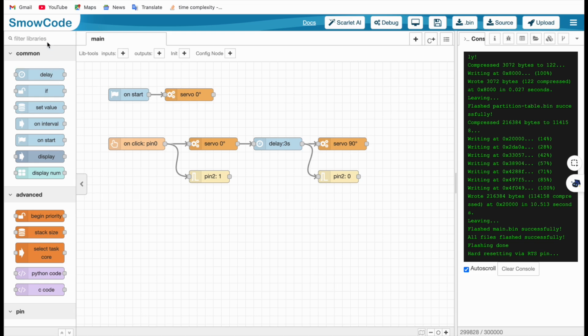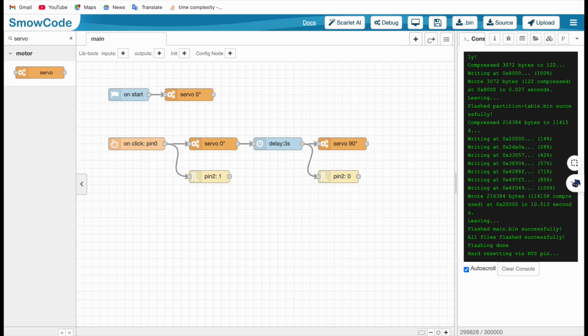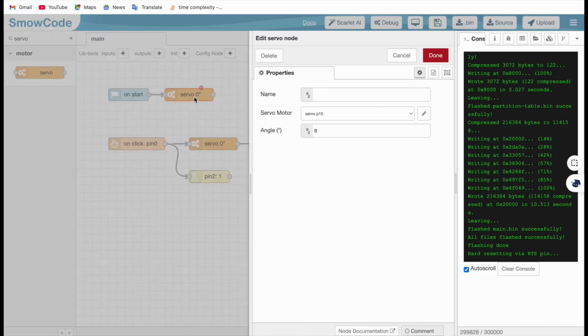You can find the servo node in the filter libraries by writing servo. As you can see, there's just one node for it, and when the ESP32 is flashed, it just keeps the servo at 0 degrees. So that's basically like an initialization for the motor of the servo to be at 0 degrees when the code